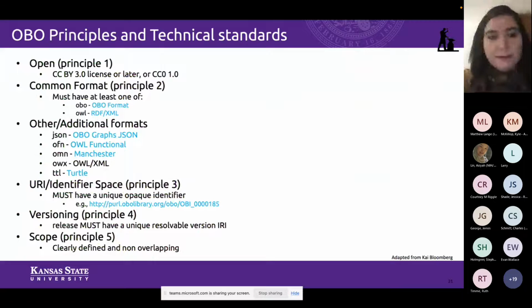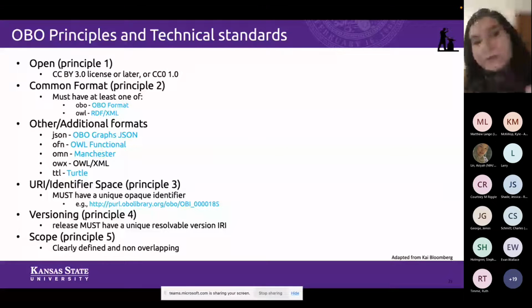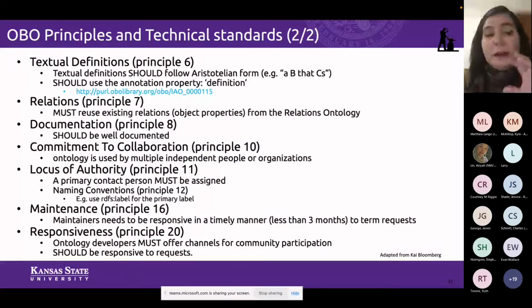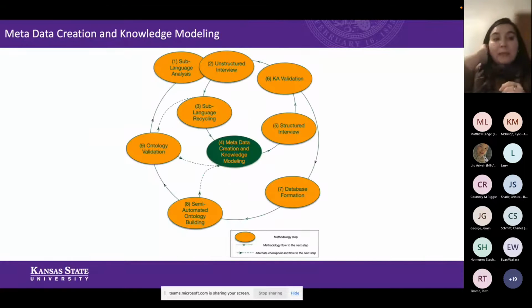It's online. You can probably look it up yourselves if you're interested in building this. But there are a number of principles that OBO Foundry and the ontology builders use to ensure that the vocabularies they build are not only FAIR but also of quality, so that they can be reused over and over by many different projects.